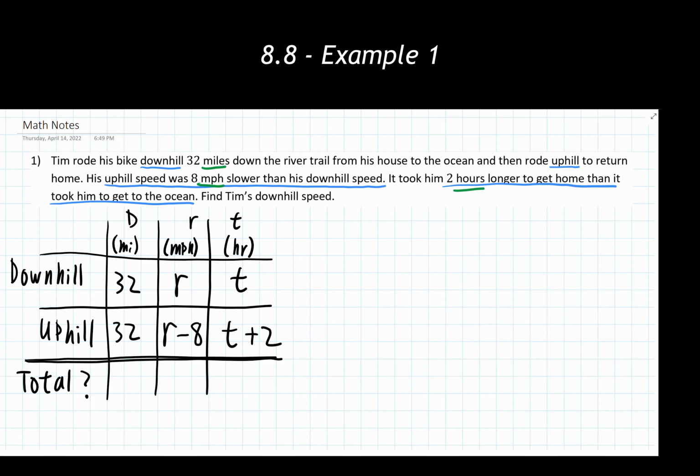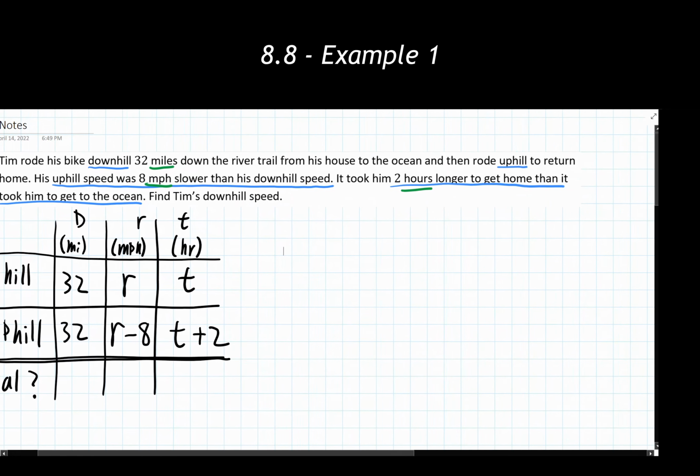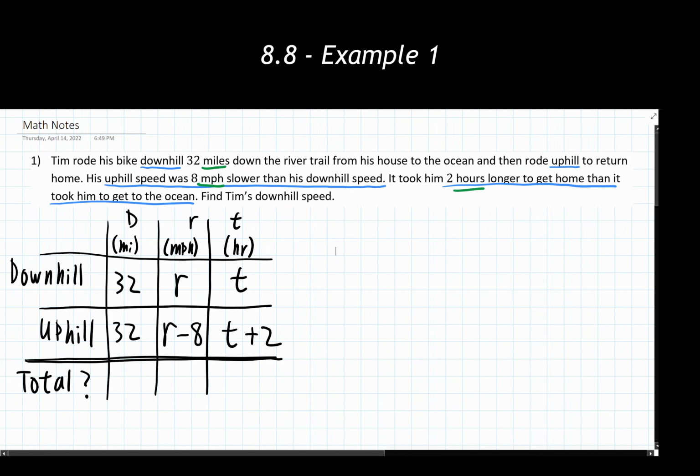So now we have a lot of good information here. We have it a bit more organized. We know which numbers and which variables correspond with which parts of the problem. R represents, oops, thing is glitching out here a little bit.